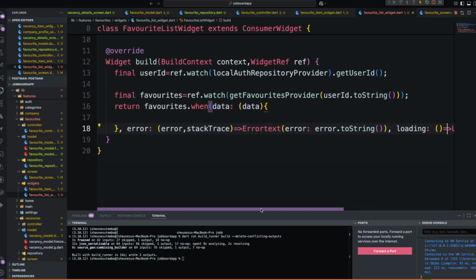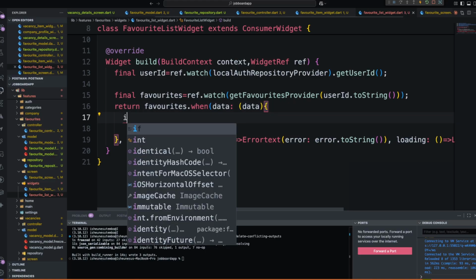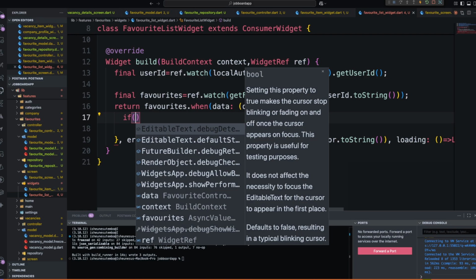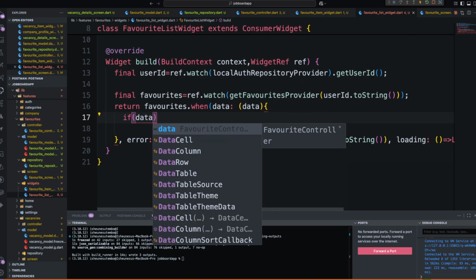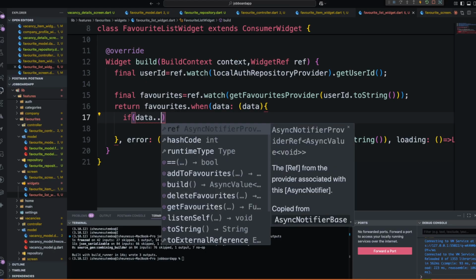Okay, so now that we are done, we are going to check if our data is, if data dot